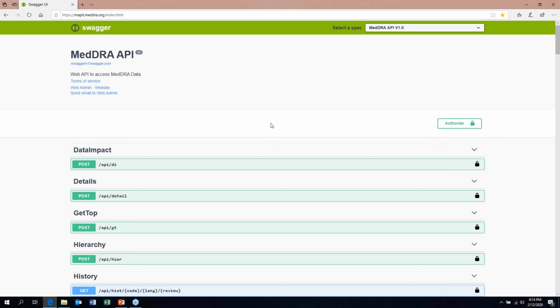So as I mentioned earlier, the APIs are listed here below by name, and you can probably guess what some of these APIs do by their name. You'll also notice that there are different colors here. You see a blue and a green. The blue color represents APIs that are just called through a URL. In other words, there's no JSON formatted request model associated with them, just through the URL. So that requires either no parameters or a small number of parameters, 2, maybe 3 at most.